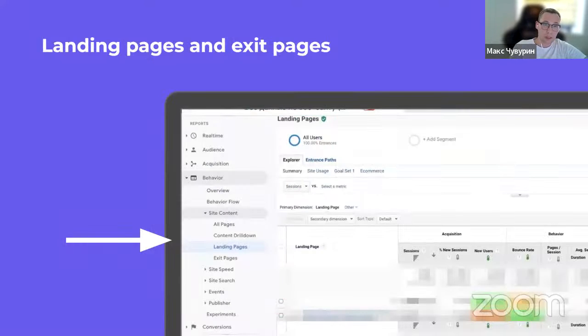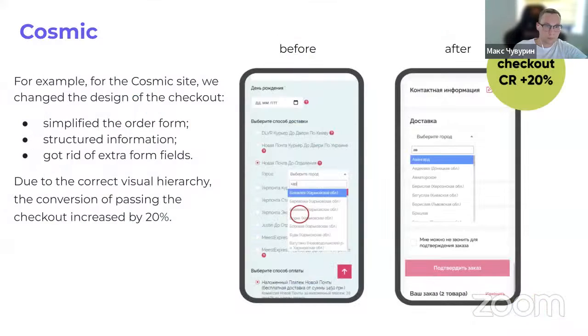Moving on, landing pages and exit pages. You can see this in this example from Google Analytics. On the screen, you can monitor these metrics, and that is where you should start to generate your first hypotheses and potential user interface improvements. Here you can see the top list of the entry pages and the exit rate from them. So you have to think about whether it is normal or not, and what should be in the top list of your visual audit approach.